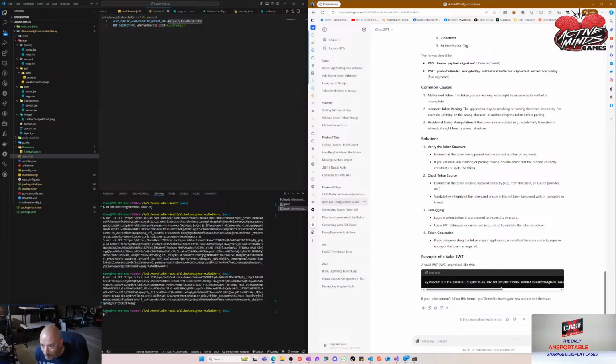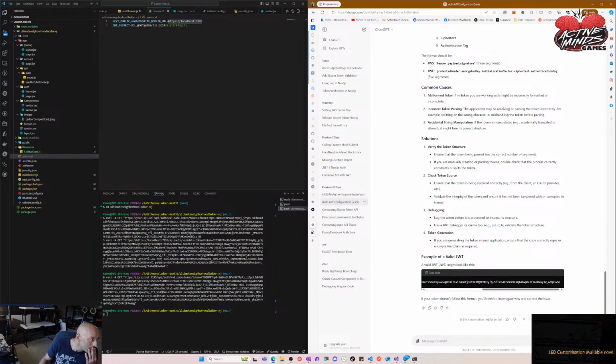Because it does have a period there, and there's a period there. So that's a 3-part token, JWS, right? Header, payload, signature. Mine does not have any periods in it. But I think the